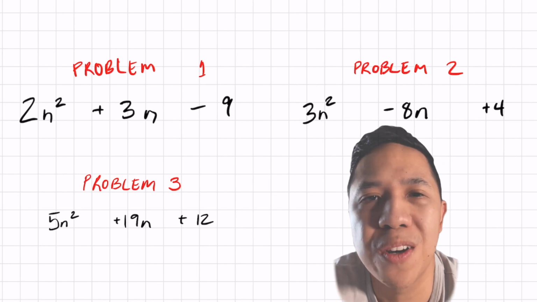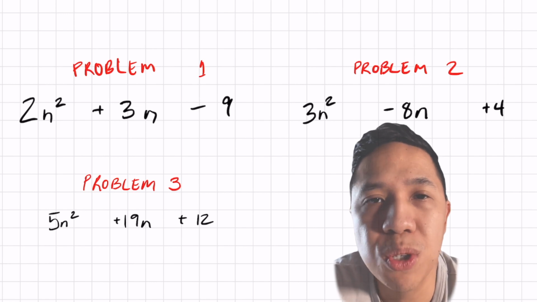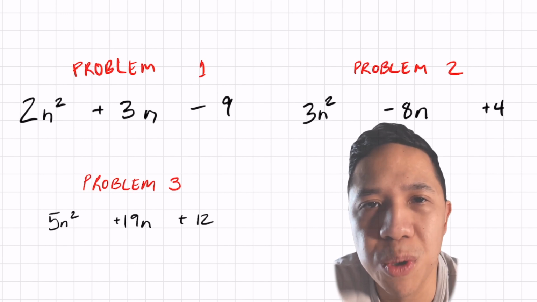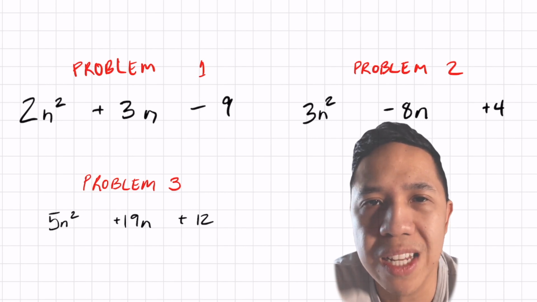Today you're going to learn how to factor trinomials where the leading coefficient is more than 1. You do have to know how to factor by grouping in this method. So if you don't know how to do that, I made a video on that you can check out in